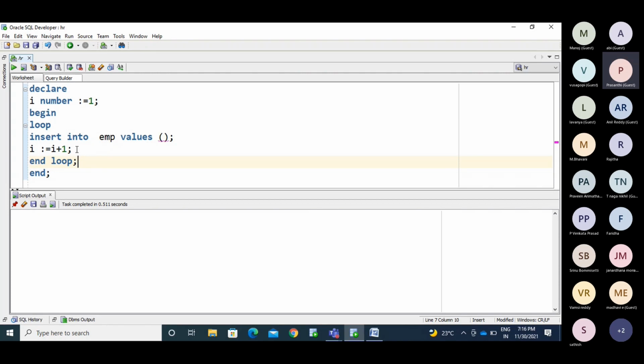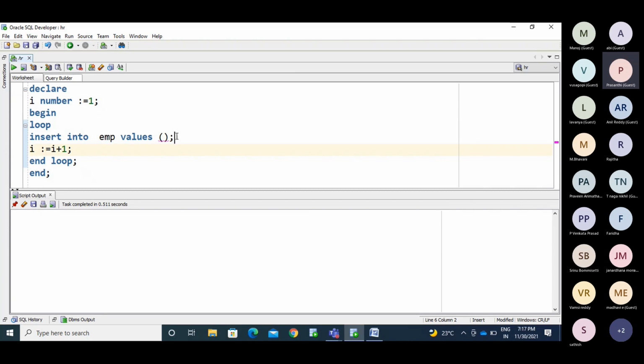When we need to exit the loop, we need to mention it here, so we need to put some conditions. Here I am declaring a variable. For the first execution, I has the value 1.